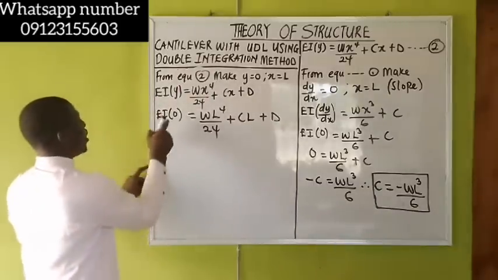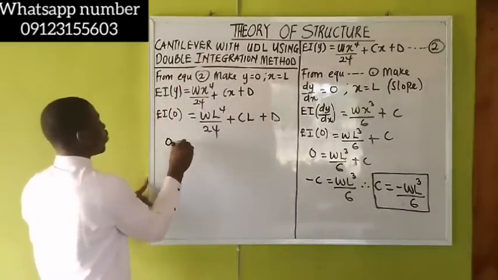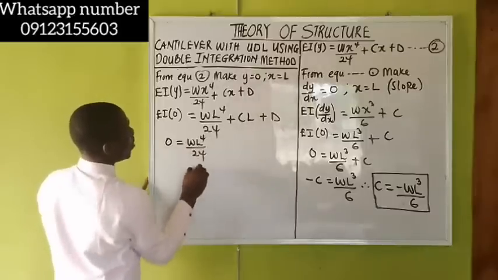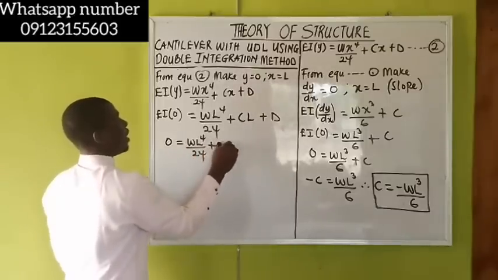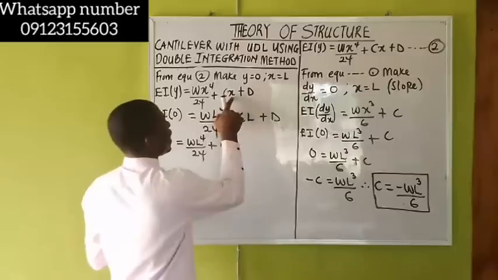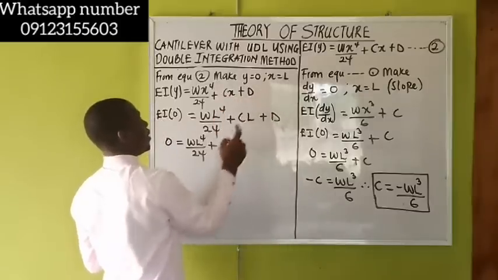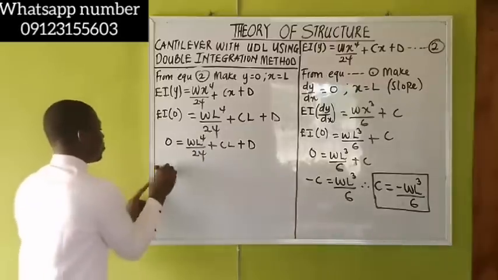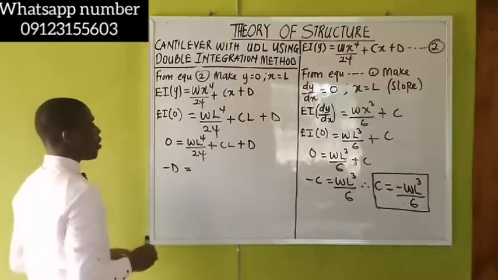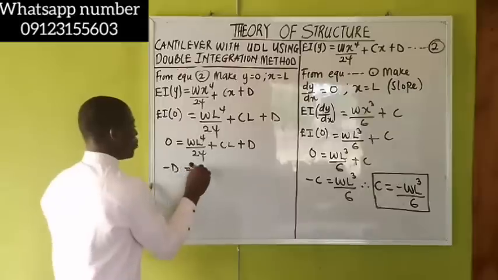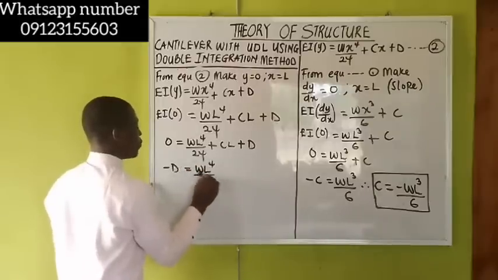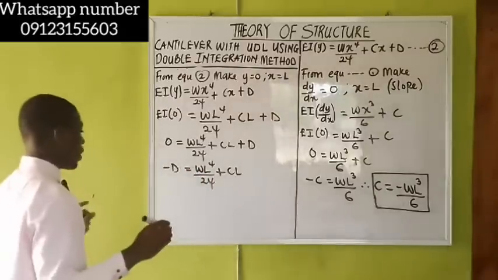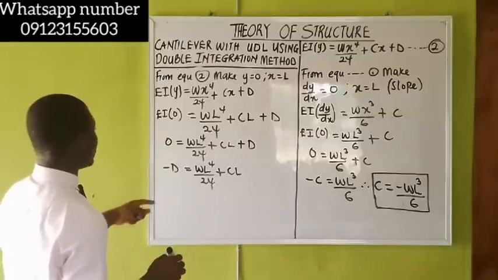That becomes 0 is equal to wx to the power 4 over 24 plus Cn, because we said this is Cx, x is n. So plus D. Take this to the other side. That becomes minus D is equal in value to wx to the power 4 over 24 plus Cn. Now, I need to get